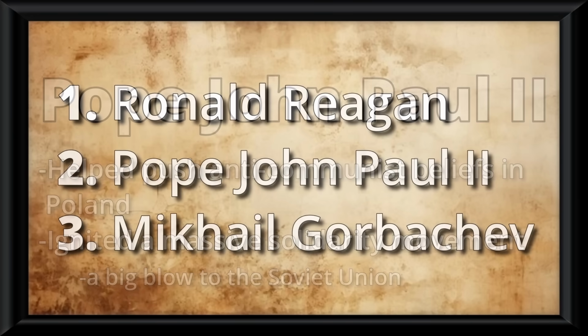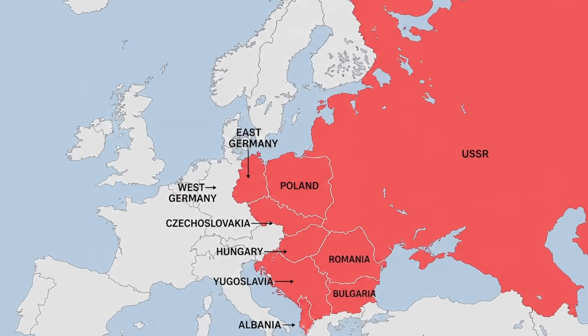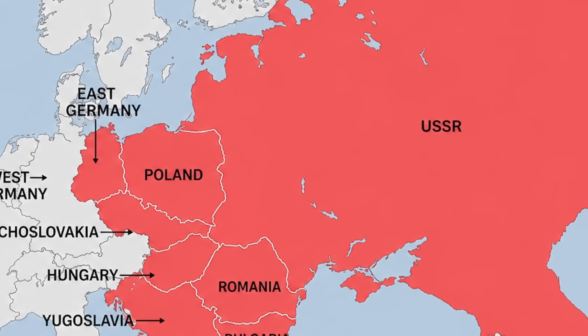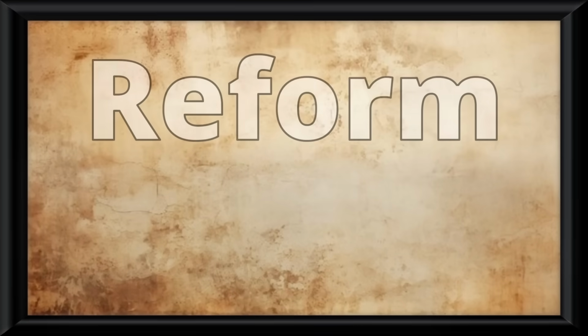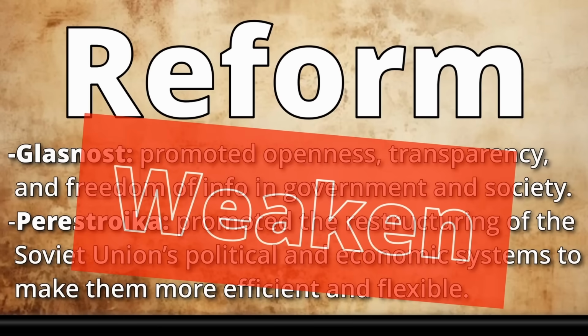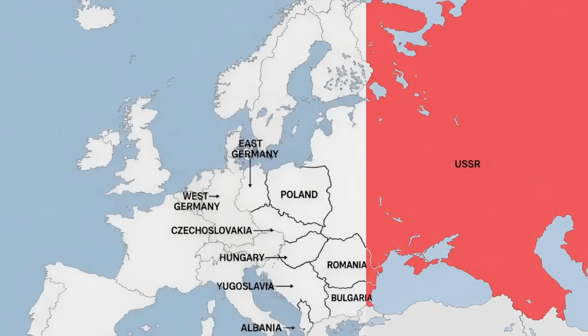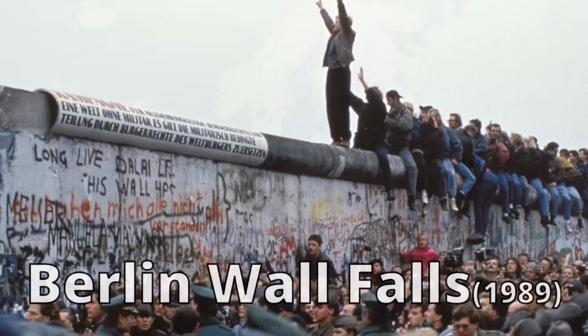But the final person here, and probably the most important, is Mikhail Gorbachev, who was the leader of the Soviet Union starting in 1985. Basically, Gorbachev is not like his predecessors. He was instead a lot less strict. And by this point, the USSR is struggling to keep up financially with the US. In response, Gorbachev releases government reforms that attempt to fix society, but instead totally weaken the Soviet government. And finally, countries controlled under the Soviet Union began to break away until 1989, where the Berlin Wall officially falls, and a few years later, the Soviet Union collapses, ending the Cold War.